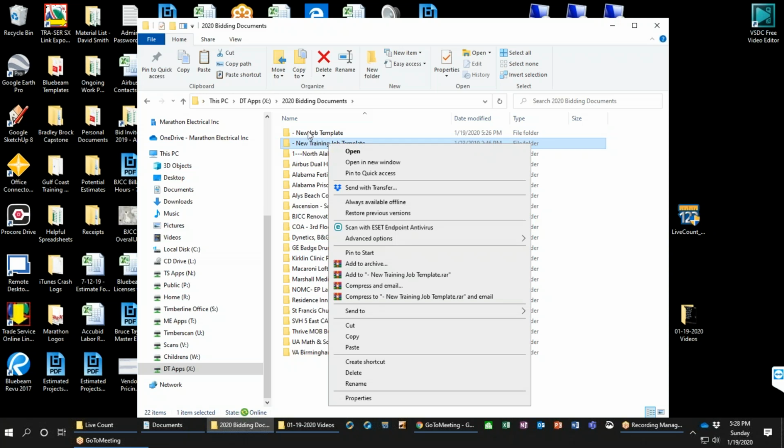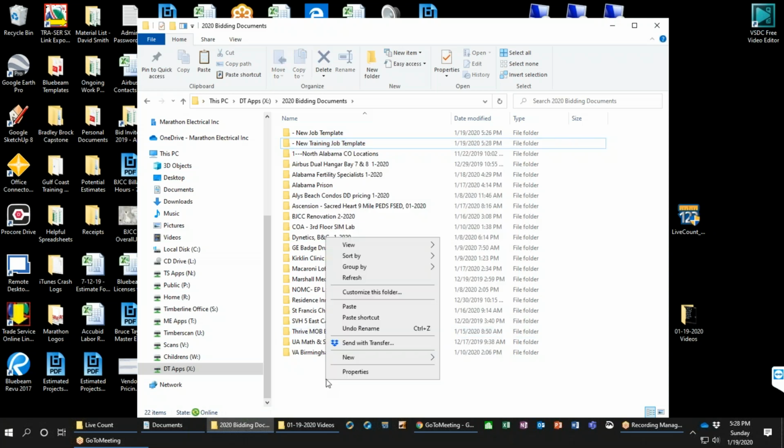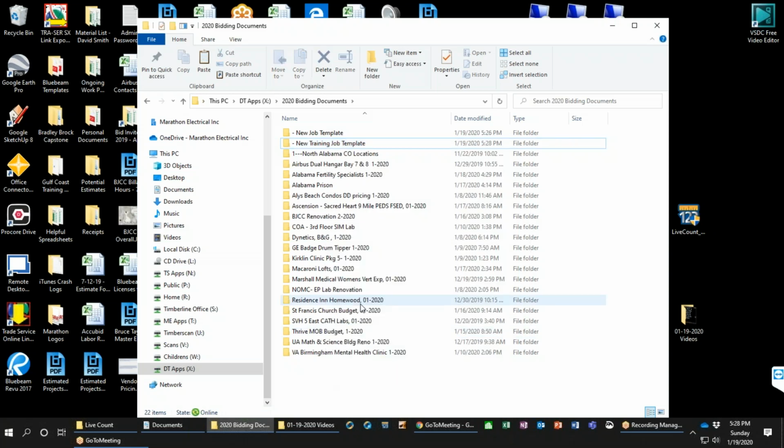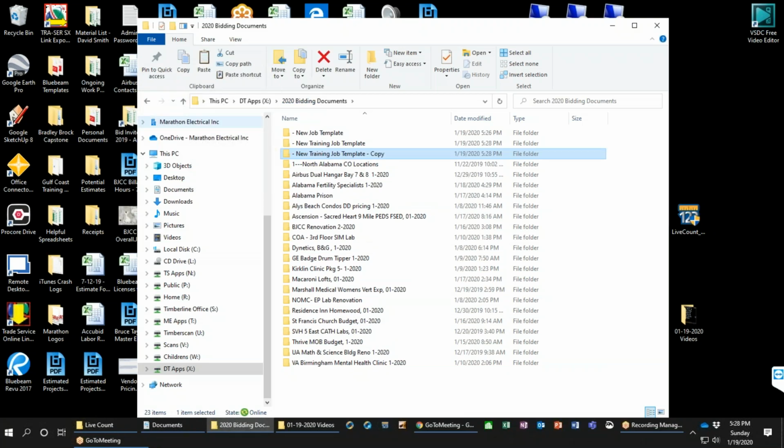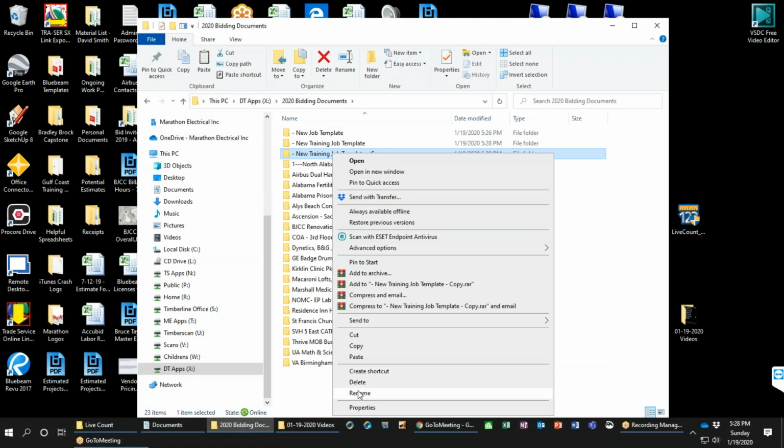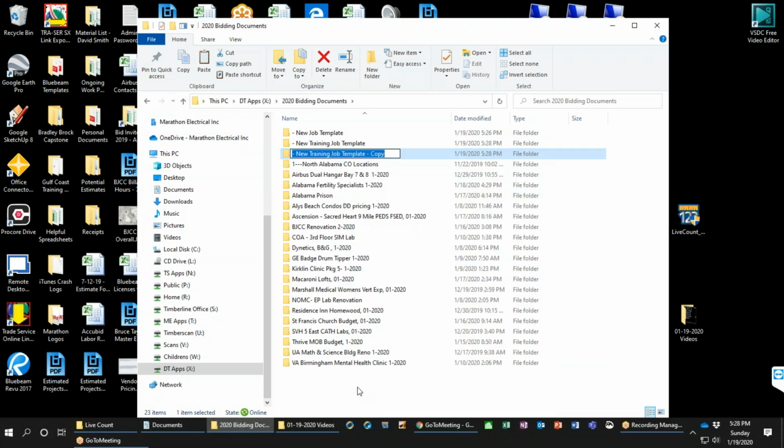So I'm going to right click it just like I would a new job template. I'll hit copy. I'll right click and do paste. It's got significantly more to copy because I actually have the plans and specs in there. Now that it's copied, I'm going to rename it. You can right click rename, or you can hit F2 on your keyboard if you like keyboard shortcuts. And I'll just call it training template